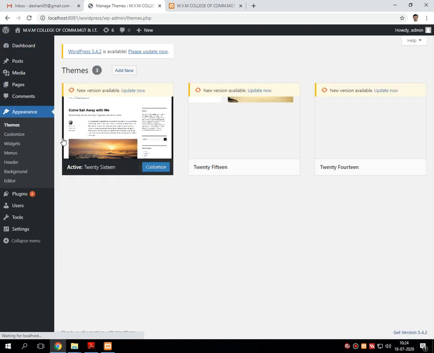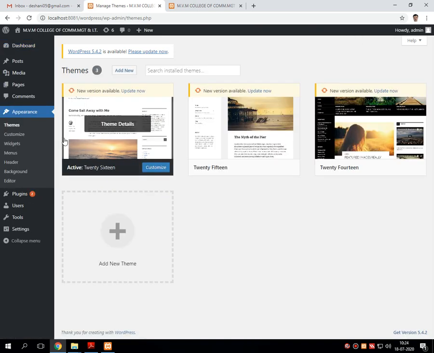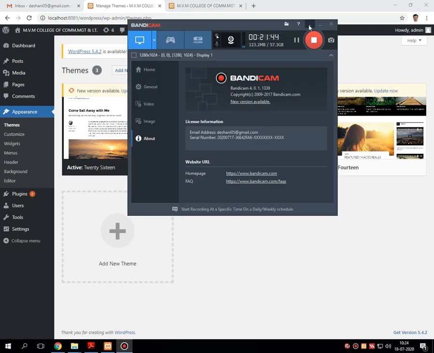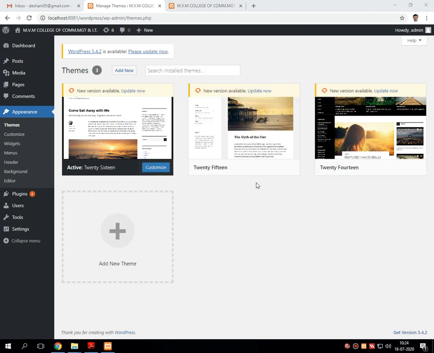Whenever we click on theme, it shows a menu like this, where by default WordPress gives you a selection of 3 different themes.